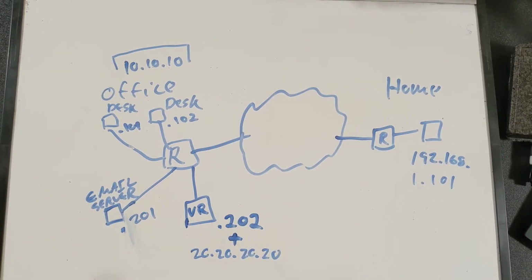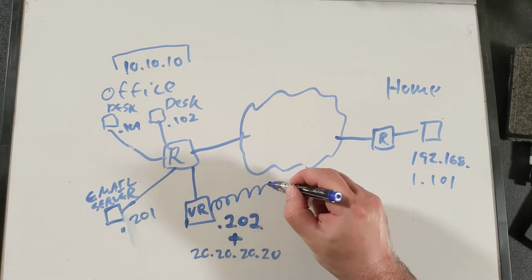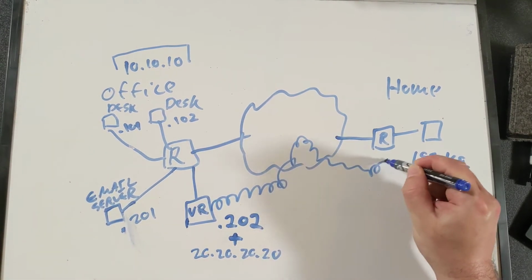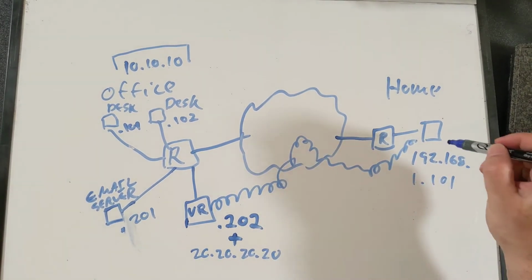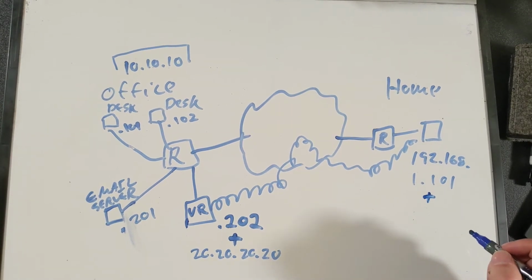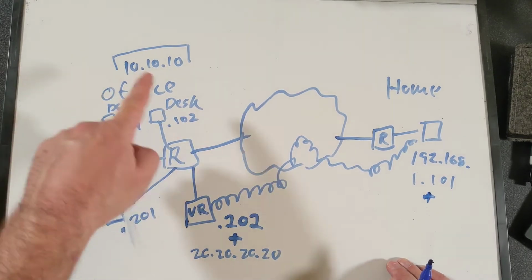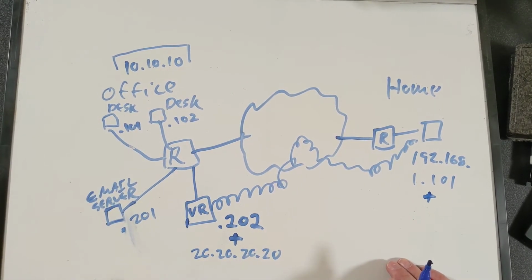And so then we're going to put, in the simplest version of this, we're going to go ahead and make an encrypted tunnel through the internet over to this machine on the home network, and we're going to give it an additional address as well. Now, this is where this gets slightly tricky, because we have to figure out whether we're going to extend this private network over here through this encrypted tunnel, or whether we're going to add a second network.